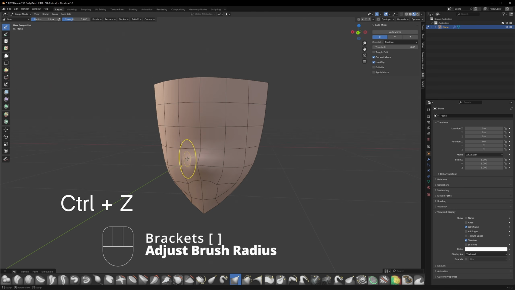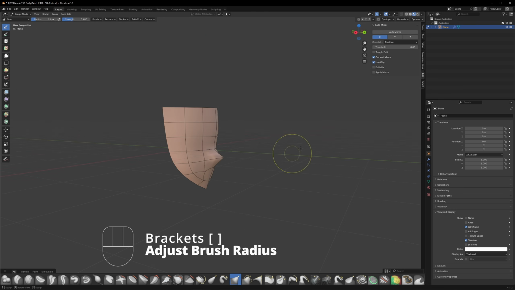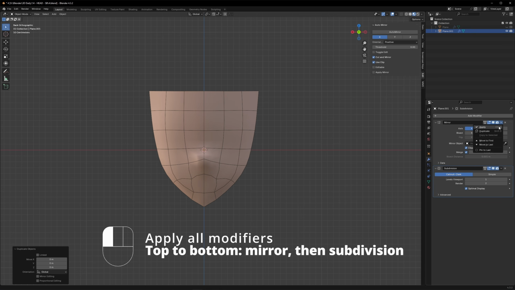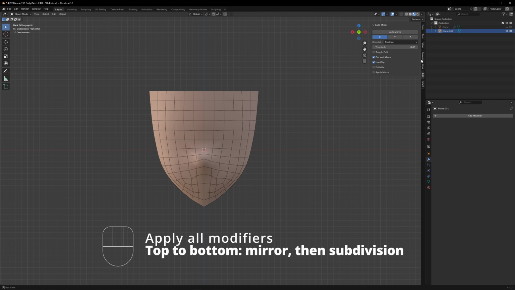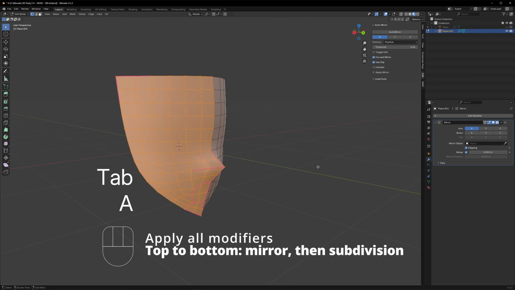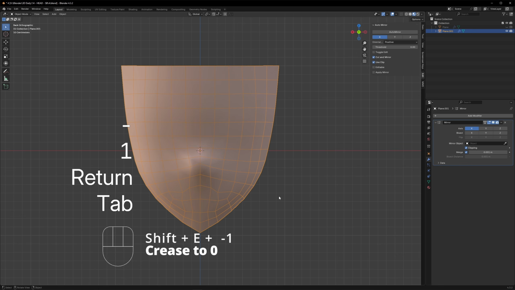Indent the eye holes a little bit, push in the nose bridge, and jut out the forehead just a little bit. Once you're happy with the current step, we're going to be moving on and applying all the modifiers. So apply the mirror, apply the subdivision, then reapply the auto mirror. Now select everything and do Shift E -1, enter, to get rid of those crease lines that we made before